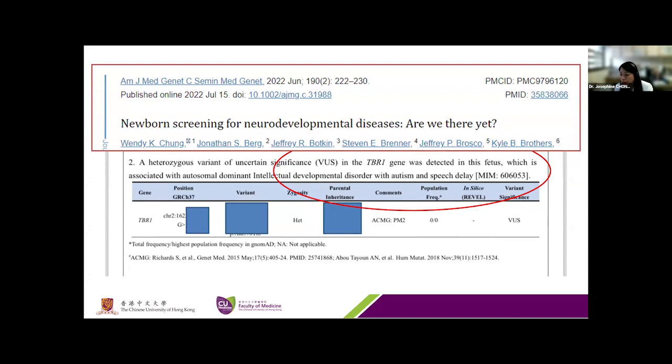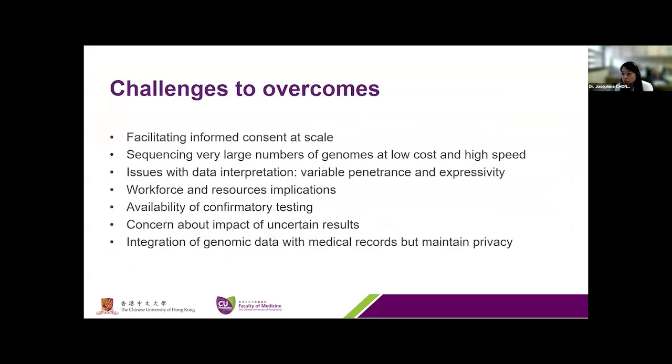I think with different types of literature, the most important information and message to us is that you need to identify those conditions which are really clear about the natural course of the history and also possible treatment. So the challenges that we need to overcome from this stage to genomic screening is that we need to plan for facilitating informed consent at scale, because it's talking about a universal screening program, and also the possible manpower